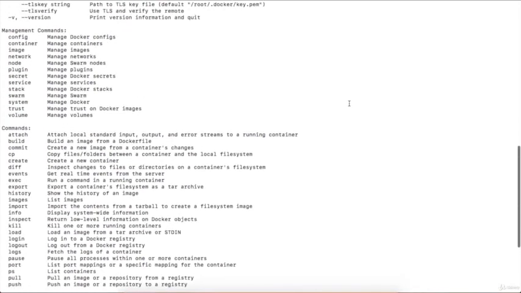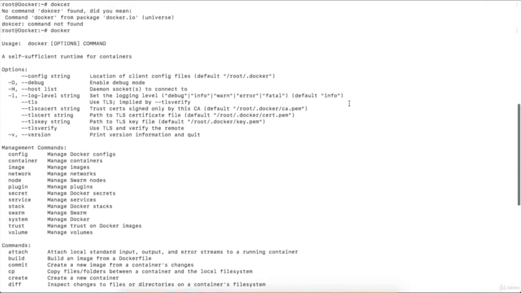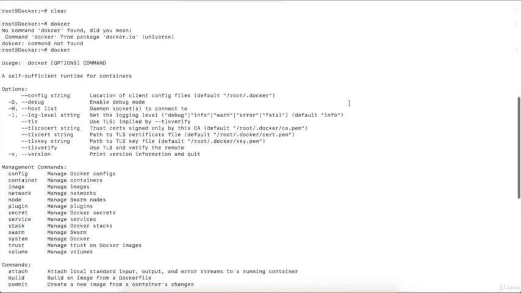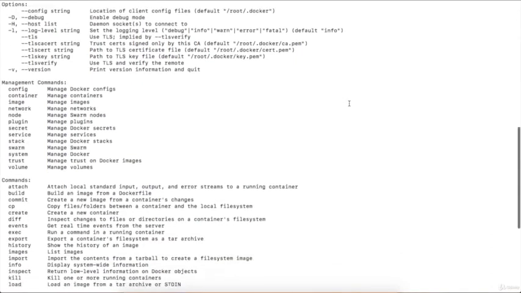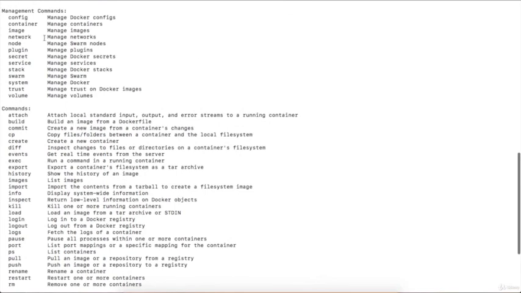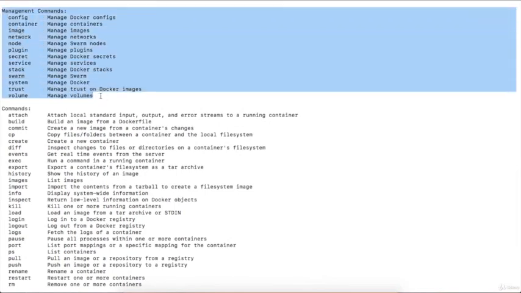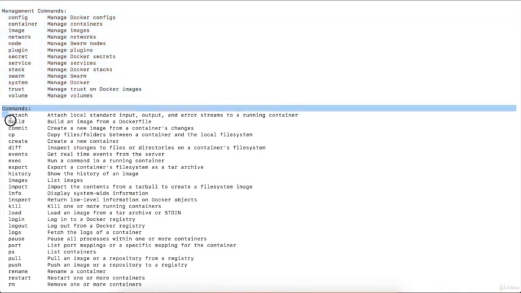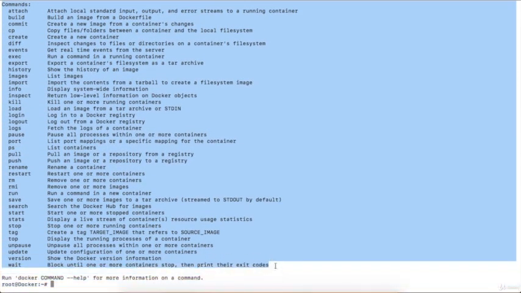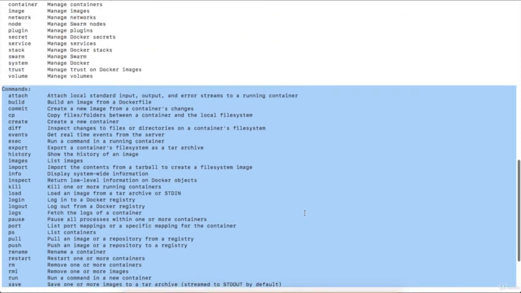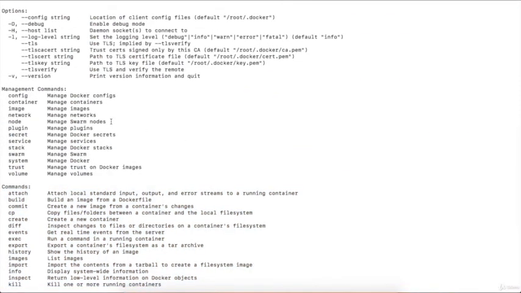So we can see there are a lot of commands we are getting over here once we hit docker. Over here we are getting two kinds of commands. The first segment belongs to management commands and the second segment belongs to commands only. So over here we are just getting the commands and in the above segment we are getting the management commands.